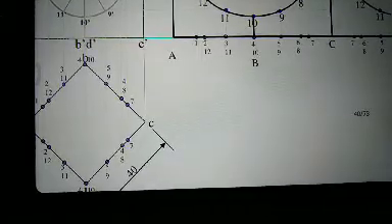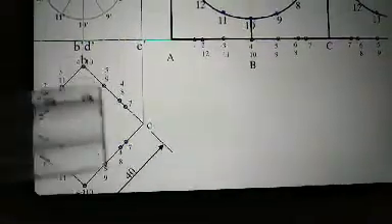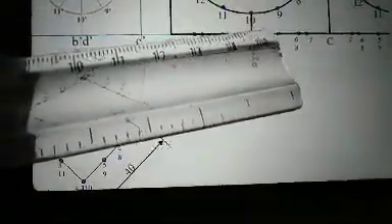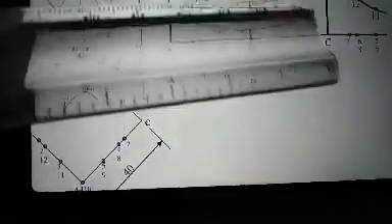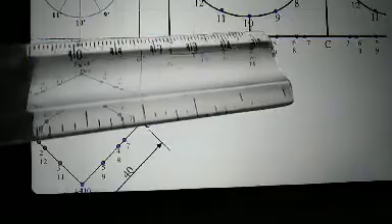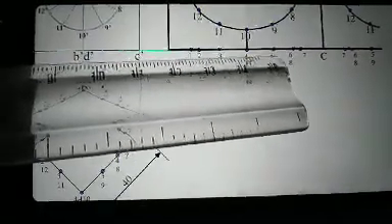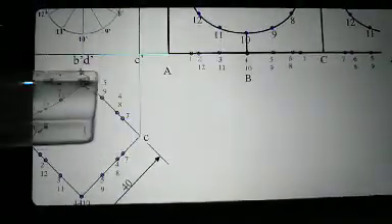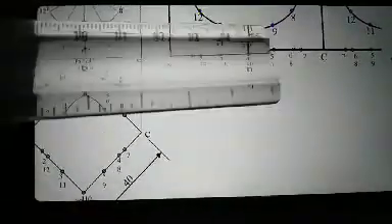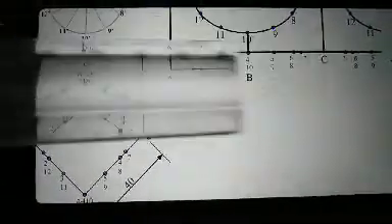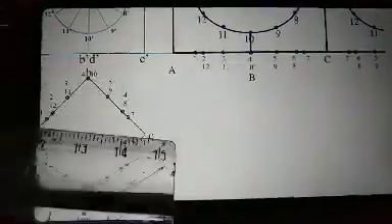Then from B to C, as we go towards B to C, you will get first point 59. From B, measure the distance from top view, B to 59, and mark it here. From B to 68, take a measurement and mark here, B to 68. From B to 7, take a measurement and mark this B to 7, and C is the point here.